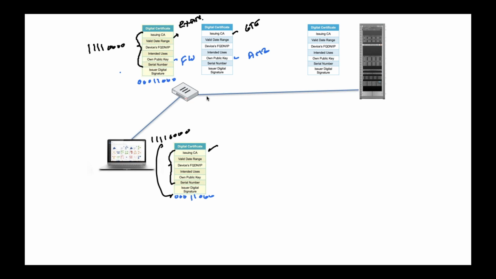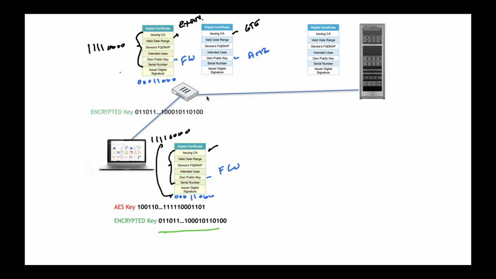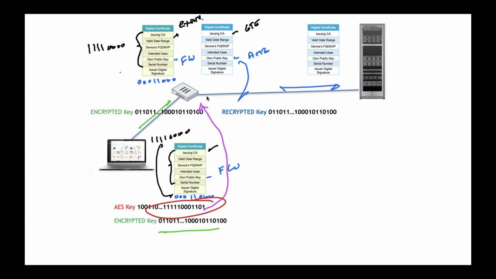Now, Bob's computer does what we did before. We generate the AES key, and we encrypt it with what we think is Amazon's public key, but is really the firewall's public key. So we encrypt that, we get this result. We send that result up to Amazon, but what happens instead is it gets intercepted by the firewall. The firewall decrypts this with its own private key. So now it has a plain text copy of this key, but then it re-encrypts that with the real Amazon public key, delivers that to Amazon, Amazon decrypts it, and now three entities have a copy of the plain text key, Bob, the firewall,